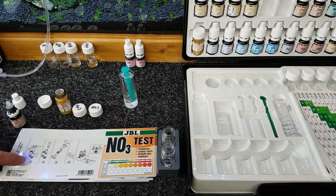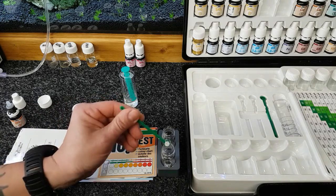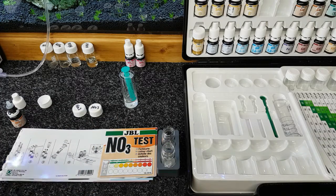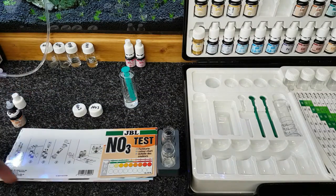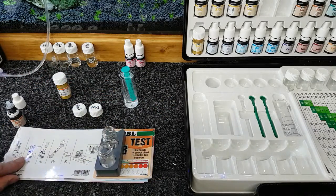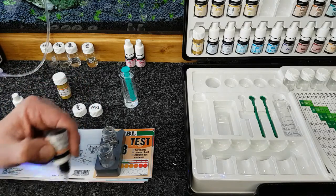So now we need 2 spoons of the NO3 number 1 powder. So we stick that in there, and we tip that carefully into there. Tap that off, put your spoon back, cap this up. Right, now we bring that there, and then it says add 6 drops of reagent 2, NO3 2,